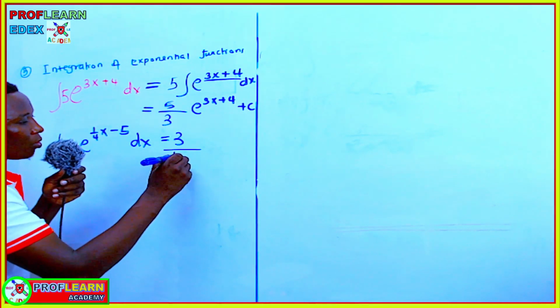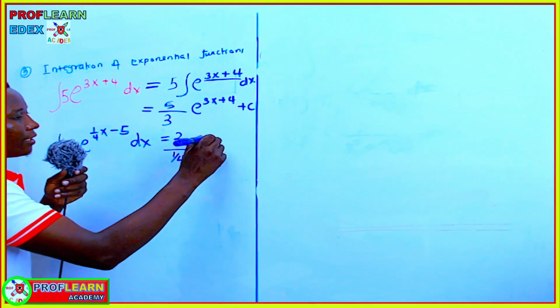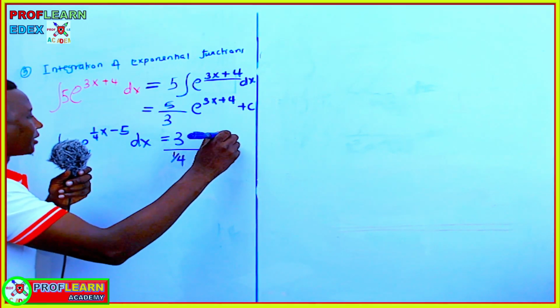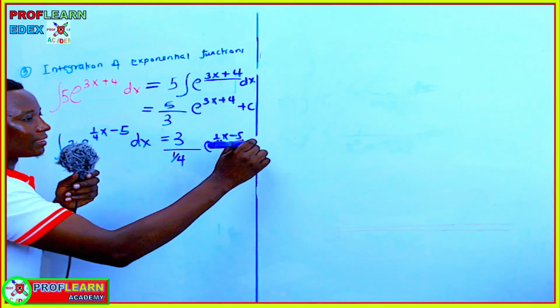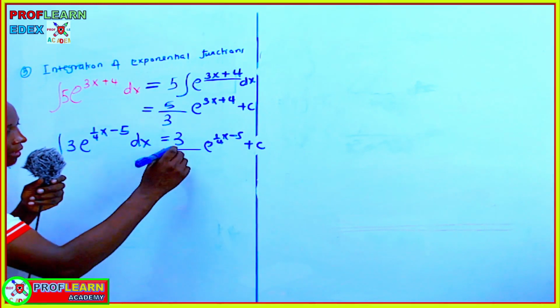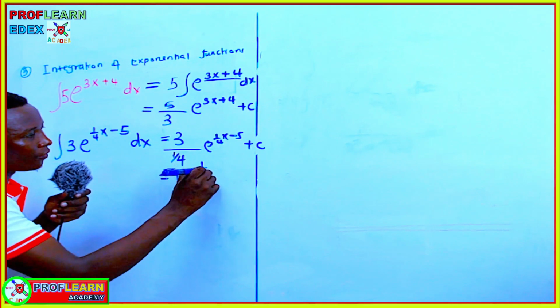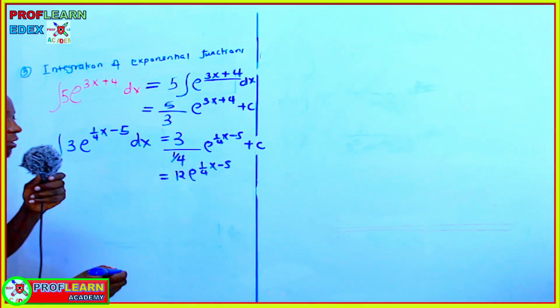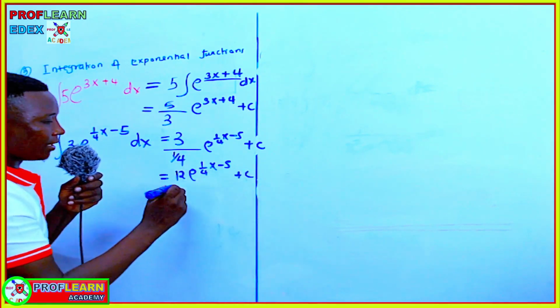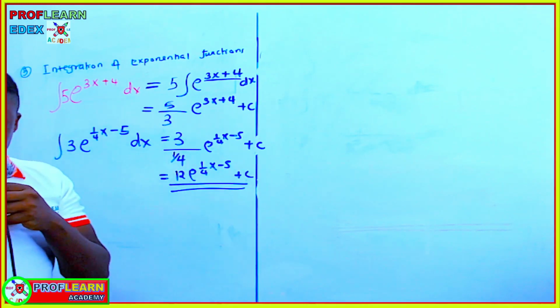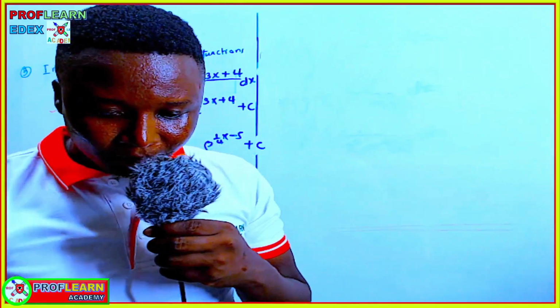So this will be 1 over 4 here. Then e to the 1 over 4x minus 5, then plus c at that given point. So this is going to translate to 12 e to the 1 over 4x minus 5, then plus c as the integral. So you need to know how to integrate